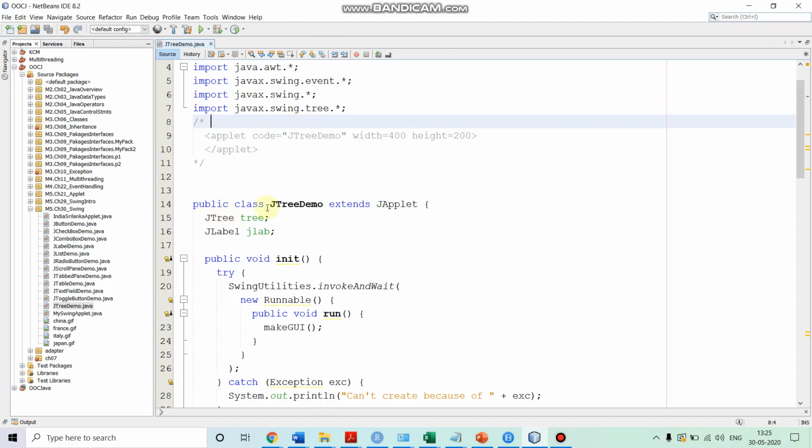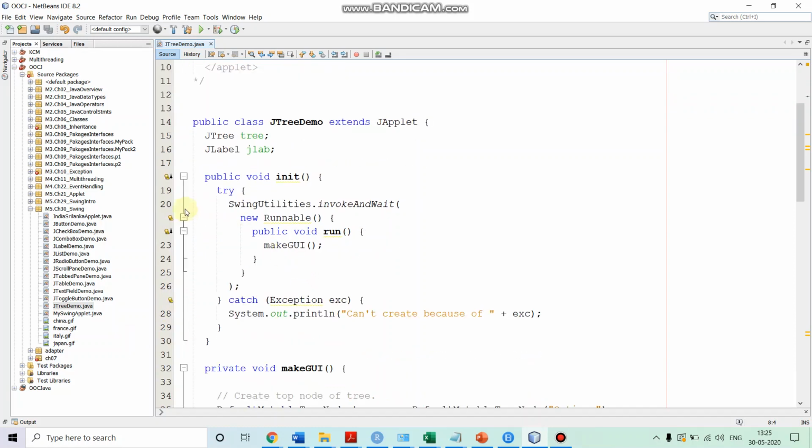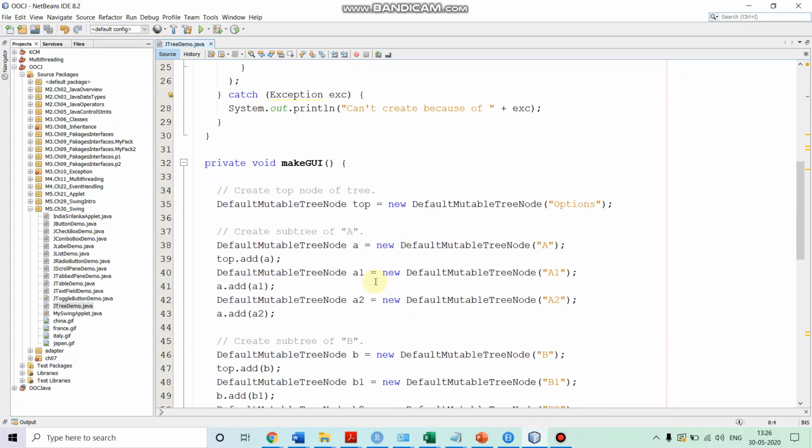Then after that, we define our class. In our class we have two data members. One is a tree object of type JTree, and one is a label jlab of type JLabel. We write two methods, init and makeGUI.